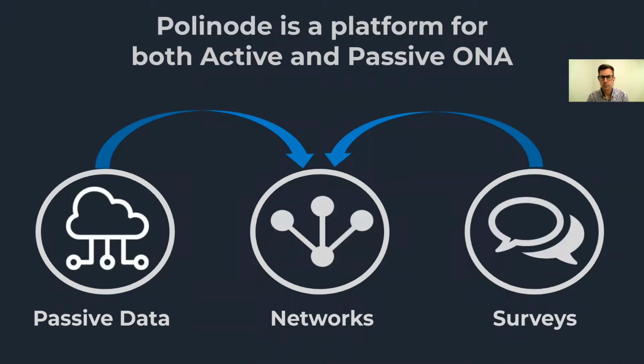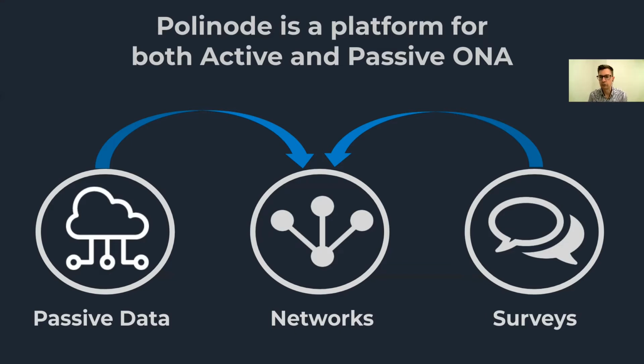There are really two types of organizational network analysis: active ONA and passive ONA. Passive ONA is where we plug into the digital exhaust of organizations. So it's where we collect data on email communication, on calendar invitations, and increasingly social or enterprise networks as well. So think Yammer, think Teams, think Slack, etc. And active organizational network analysis is where we ask people questions about their relationships. So who do you go to for advice? Who do you view as a mentor, and so on?